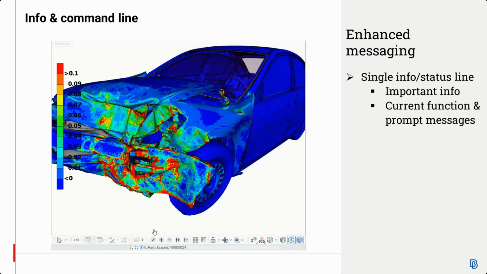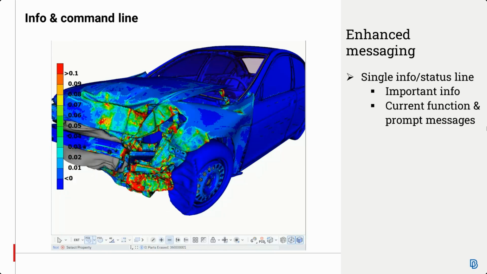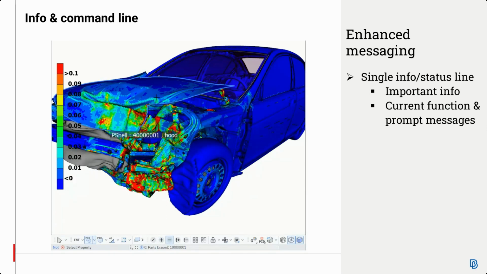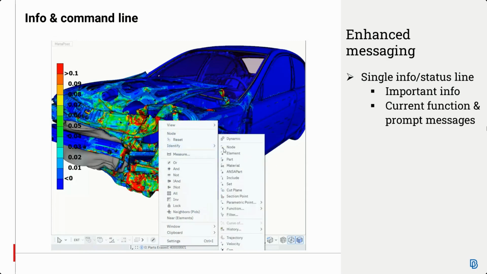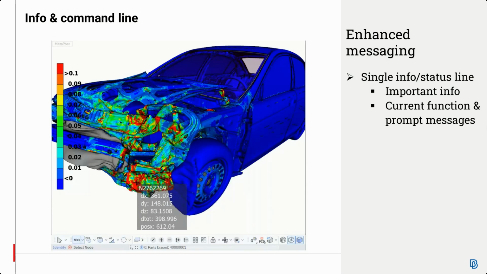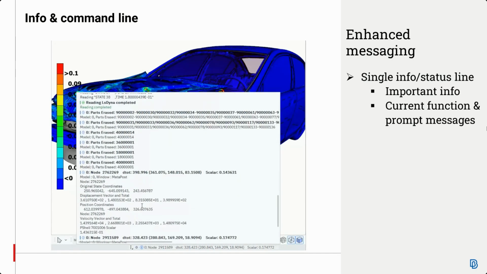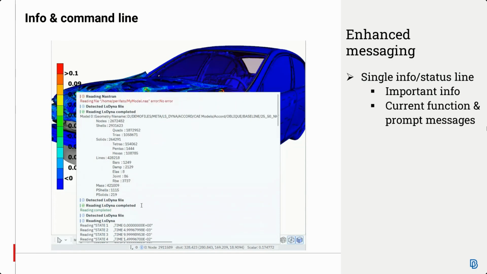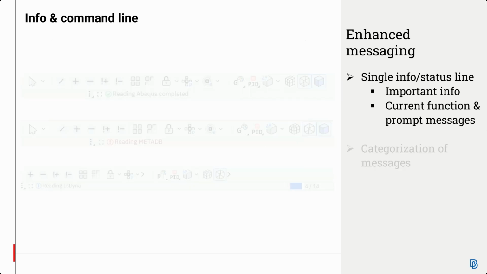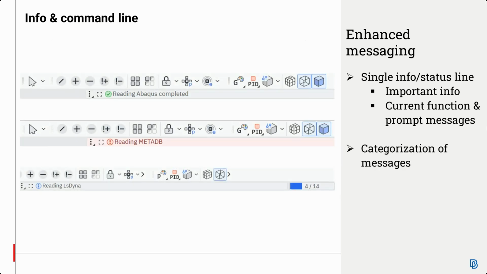The info window is now found by default as a single line under the visibility toolbar. It can be switched to a multiple line mode, which places it under the database browser, or it can become a separate window, which can be moved to another screen potentially. In any of the above options, the info window is now enhanced with categorization of messages into error, warning, or info. Furthermore, there is a progress bar showing the status of any reading action.